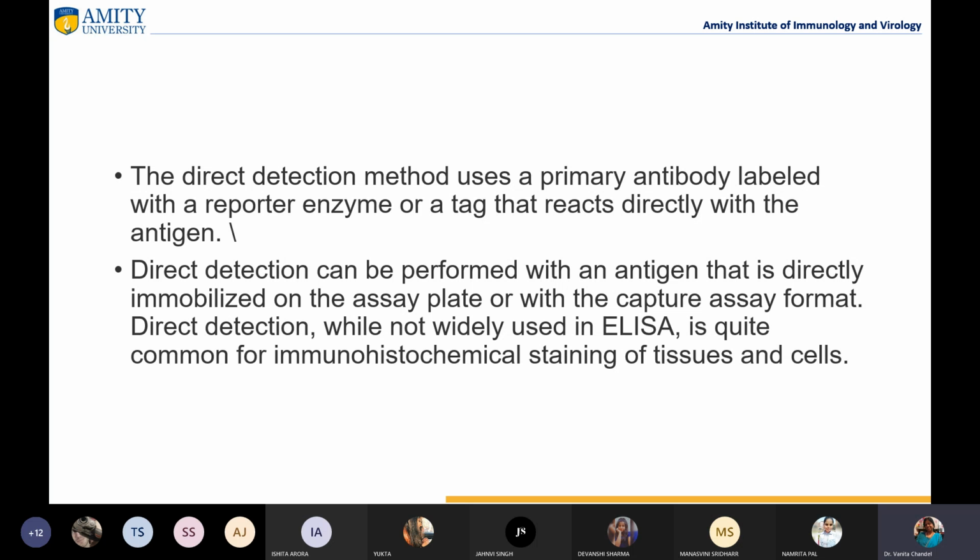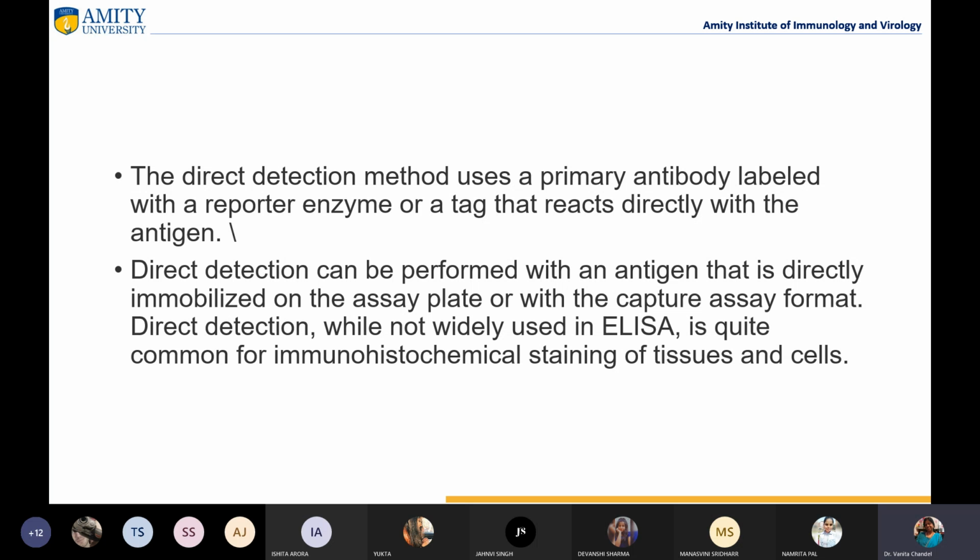Secondary antibodies bind to the heavy chains of the primary antibody so that they do not interfere with the primary antibody binding to the target. This antibody is made in a species different from that of the primary antibody or the specimen, right? So this is why there's a primary antibody and there's a secondary antibody.